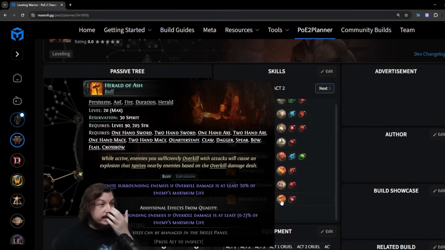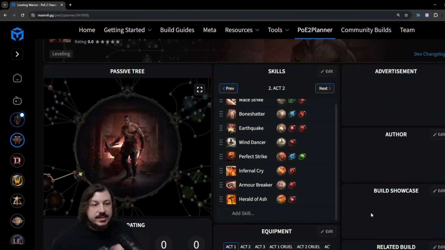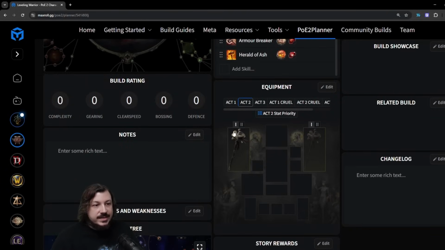But yeah, I ended up adding Herald of Ash in Act 2. And I did throw on Persistence to make the Ignite last a bit longer on the enemies. That's what I went with. But again, same thing. What I do want to mention is at level 22, you will get access to a